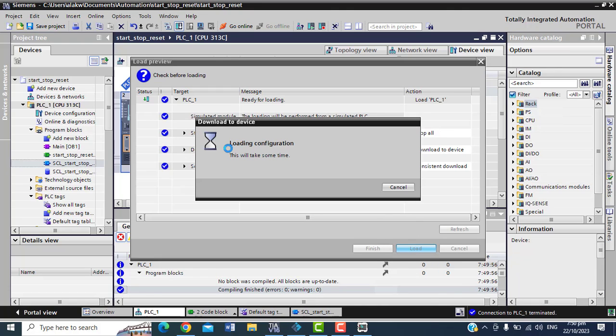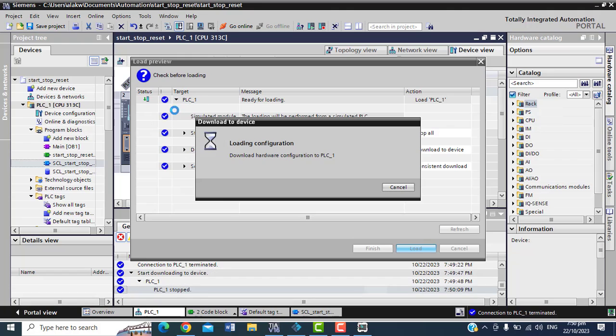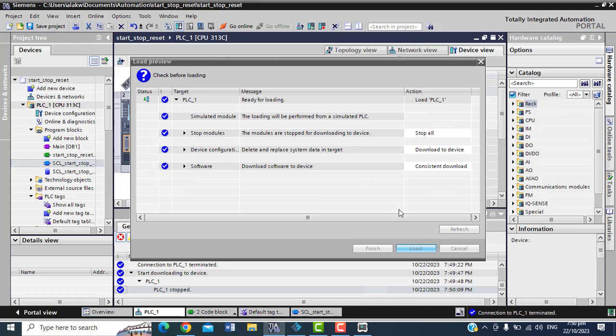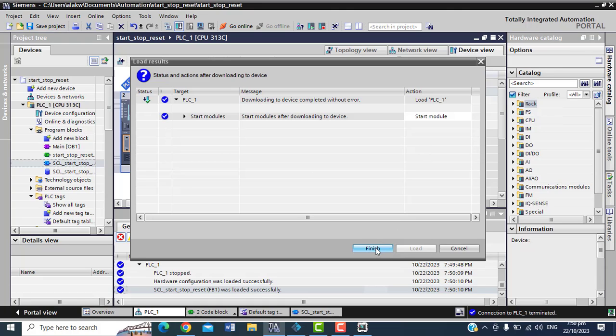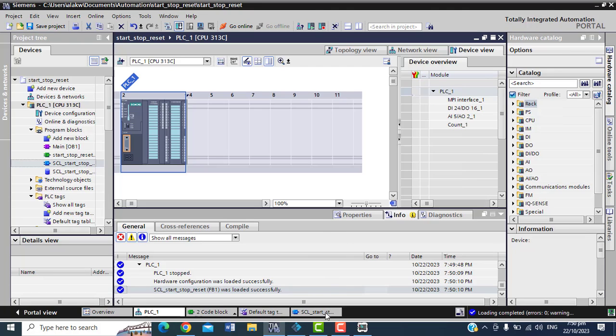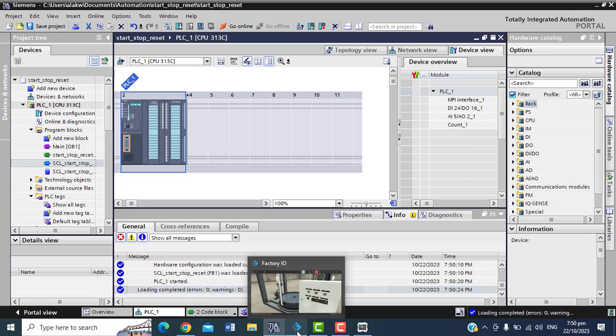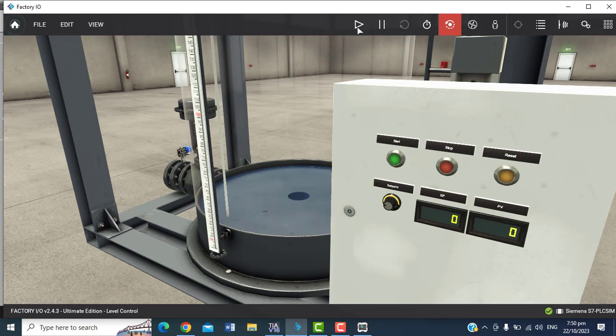So I just recompile the device configuration, and then I re-download them. I just download everything with the inside. Sometimes a problem as minor as downloading can be the problem. So let's try and see.